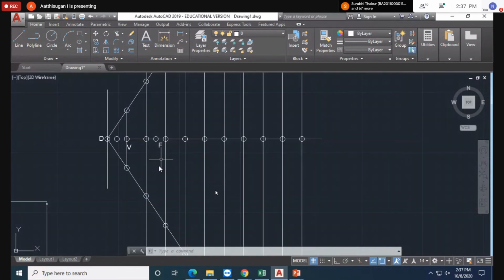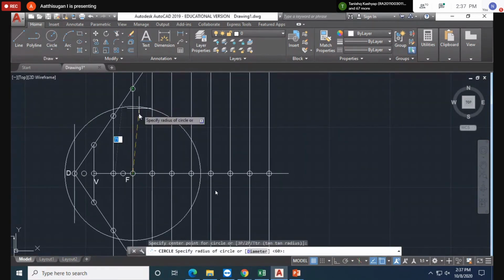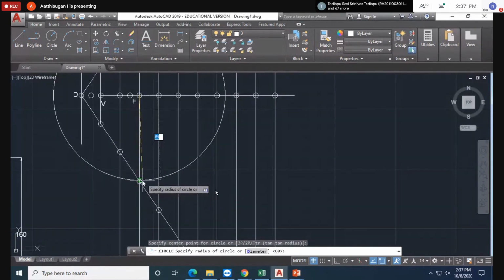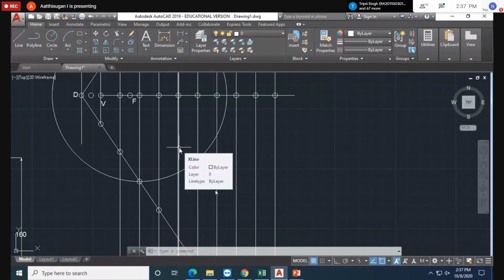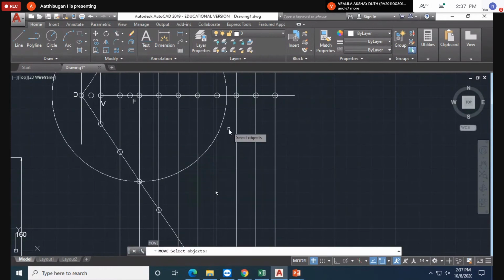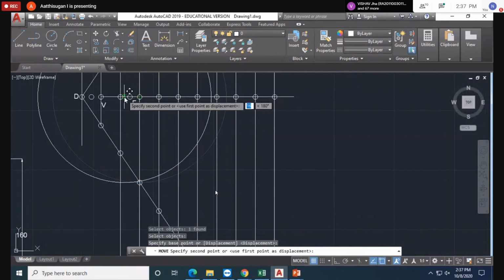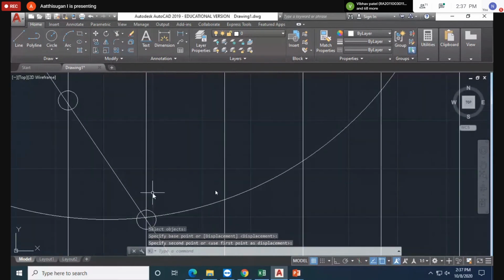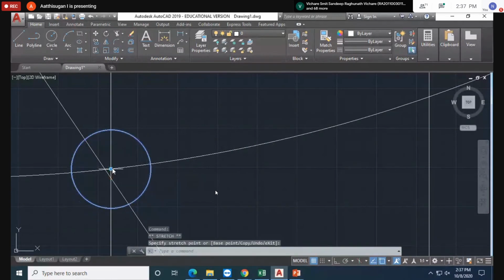Now I'm moving the bottom circle. Similarly for the second point, the same circle. Remember, on the bottom, this circle radius. Next, my focus is the same. So go to Move, M, enter. Select this circle and the center point of the circle here. This is the center point. Just move to here. That circle passing through the intersection may happen here. So you have to move to that intersection. Now delete the circle.